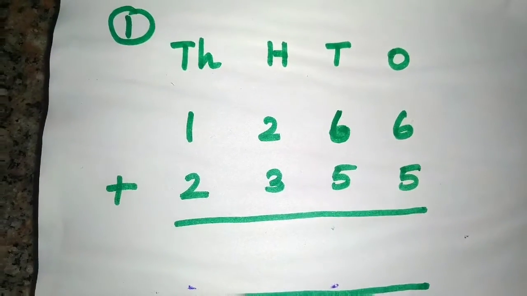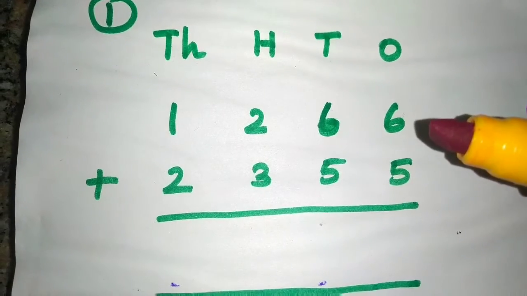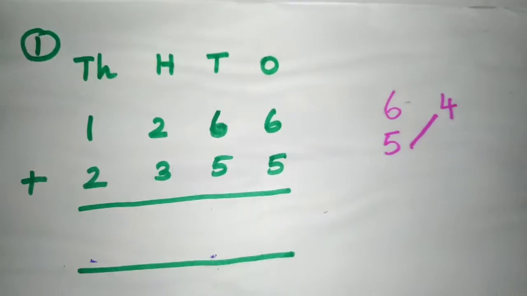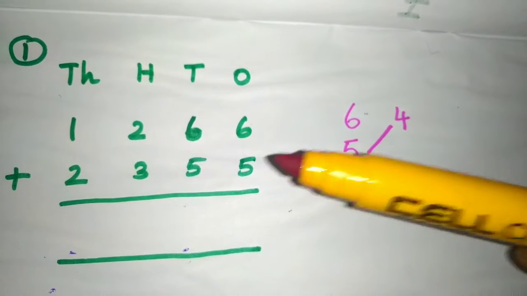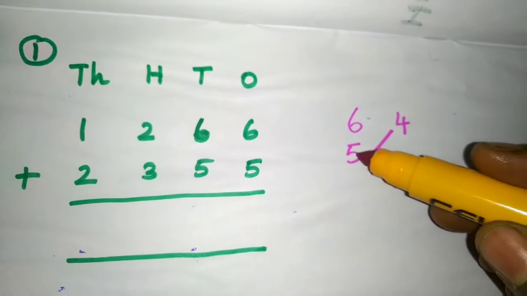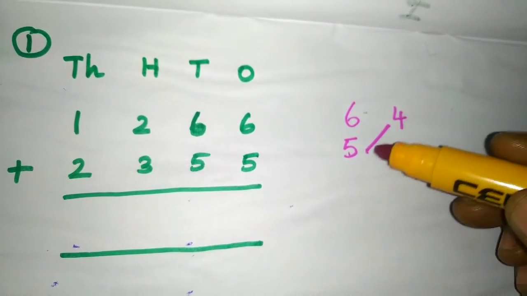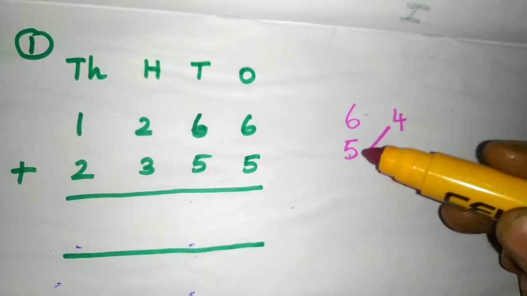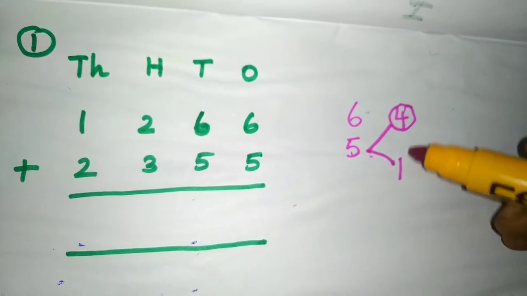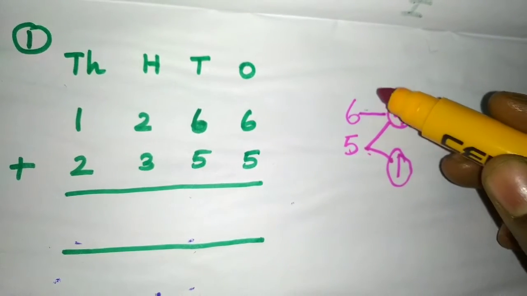Consider two numbers carrying 4-digit values. These two numbers are arranged in order using place value. Now starts from ones place, 6 and 5. Here, which is bigger, 6 or 5? 6 is bigger than 5. So you have to take the value 6, that should be rounded to 10. So to make 6 as 10, you have to take away 4 from 5. If you take away 4 from 5, you get the value 1 remaining.